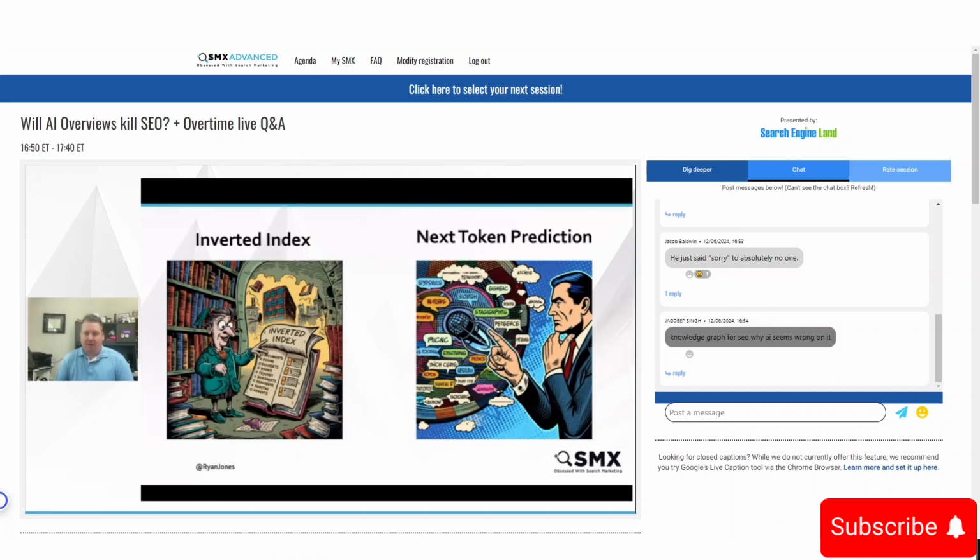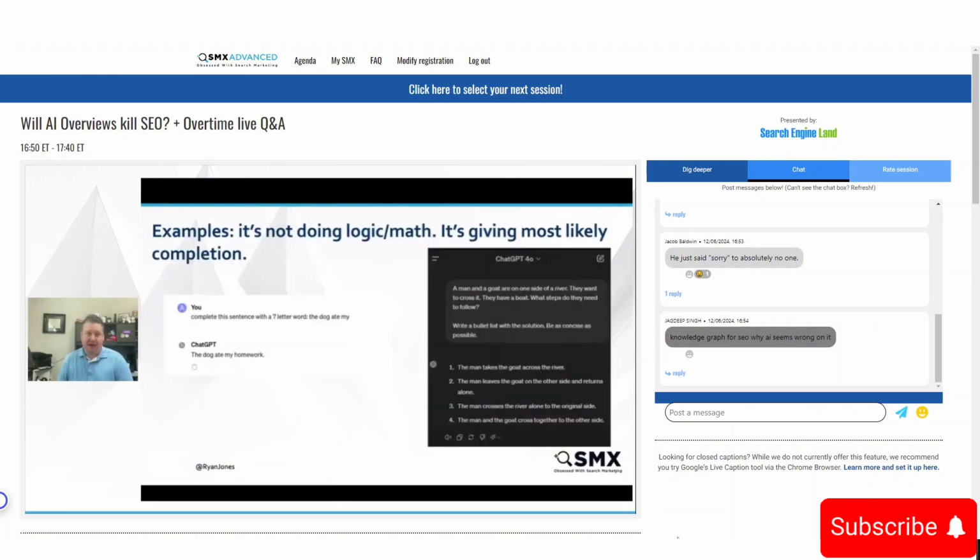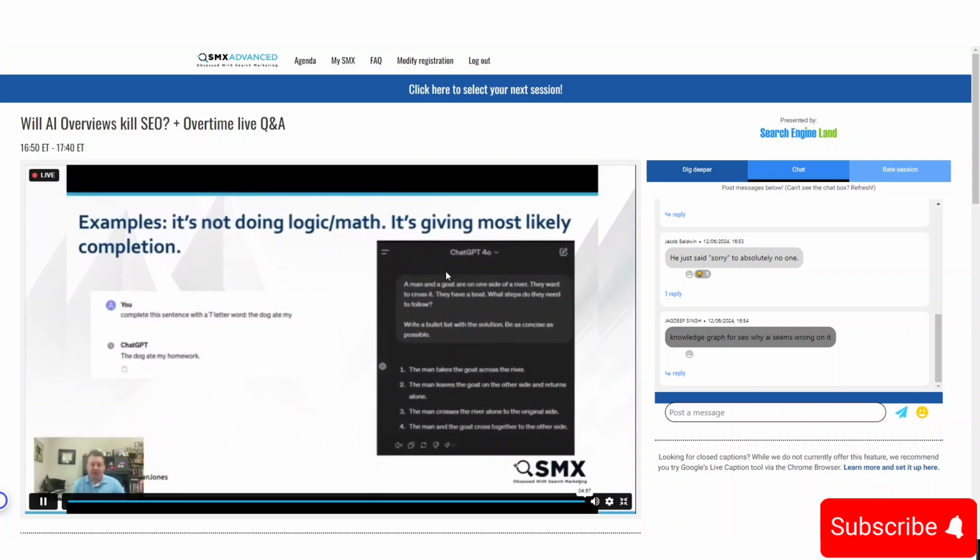AI, however, doesn't have an index. It doesn't have a database of facts. It is predicting the next word or token based on everything it's crawled and looked at. So, a lot of arguments can be made there. It's out of scope for this presentation, whether it's copyright or how it works, but it's not actually storing your data. It's just keeping track of what words most likely follow other words and making a prediction based on that.